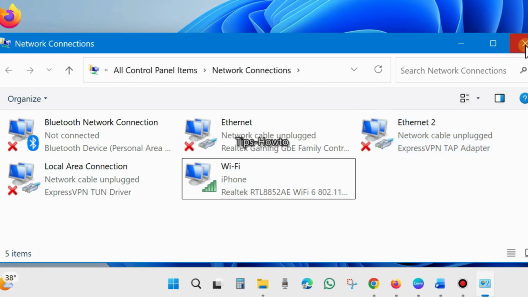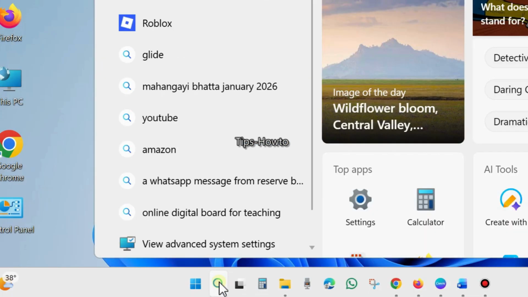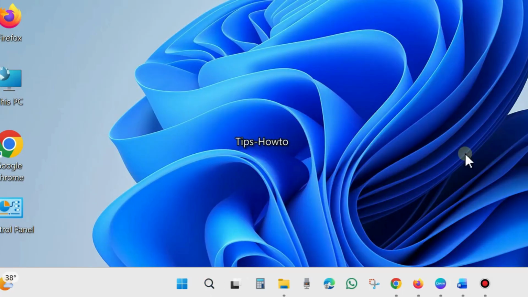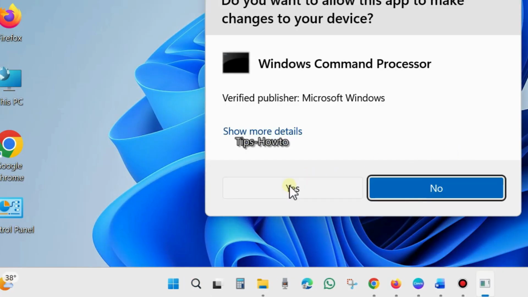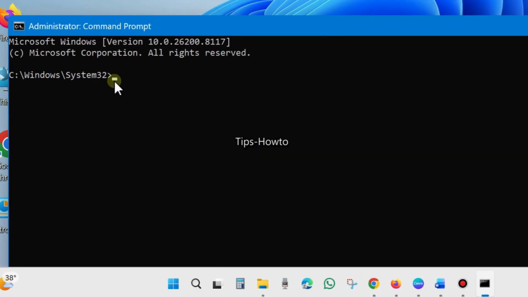Now we will see how to apply a ping test to check your physical network connection. Simple, go to Windows search and type cmd and open Command Prompt in run as administrator mode. Click on run as administrator, a pop-up window will appear, choose yes, and in the Command Prompt window execute the command